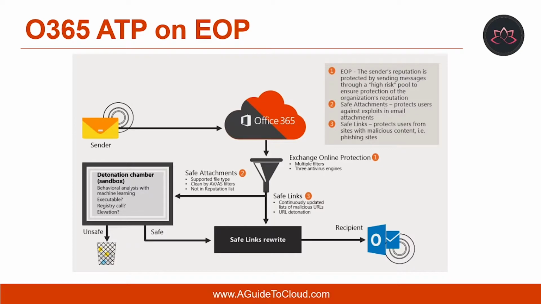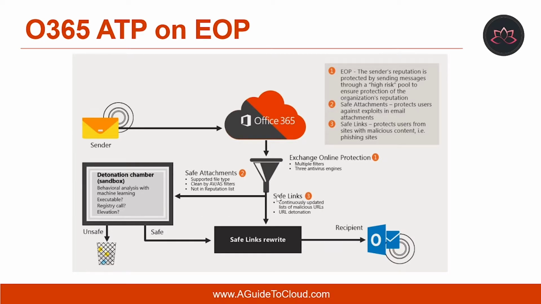Let's learn about how Office 365 ATP expands on Exchange Online Protection. Once the email passes through the frontline defenses provided by EOP, it is further analyzed by ATP's safe attachments and safe links features for anything suspicious. The first stage it goes through after EOP is safe attachments. In safe attachments, it analyzes attachments by detonating them in a hypervisor sandbox environment where the attachment undergoes behavior analytics to see if it delivers a malicious payload that modifies the registry, system settings, access rights, and so on.